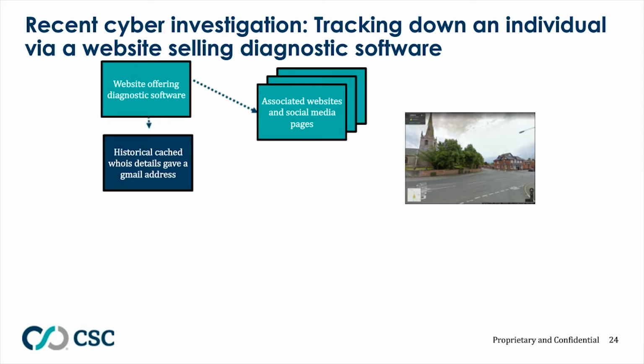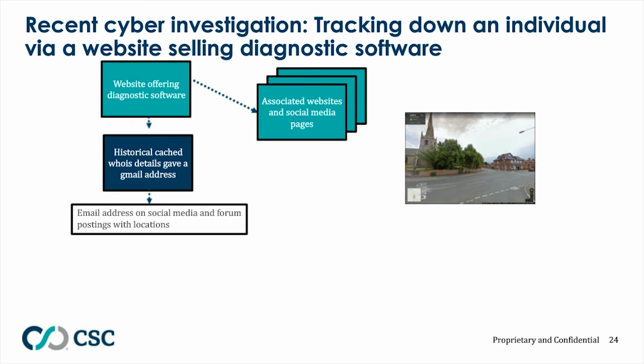What we did find, which was quite useful and led to us following the trail through, was some historical cached whois details. As many of you know, whois information, domain name website registration, is somewhat limited these days post GDPR. However, we still find that cached and archived whois details are a rich source of information. In this case, we had a Gmail address, which we then used as a search source to find that person